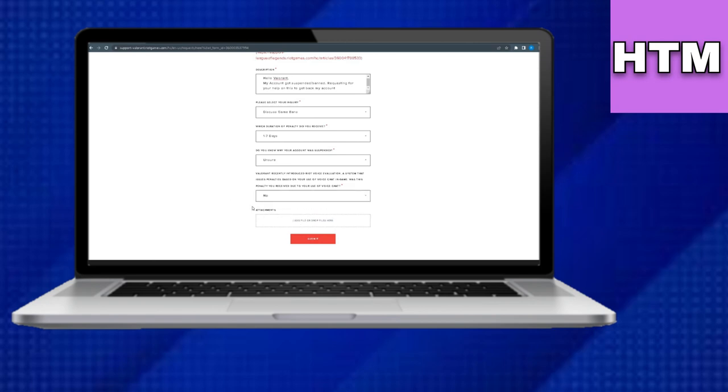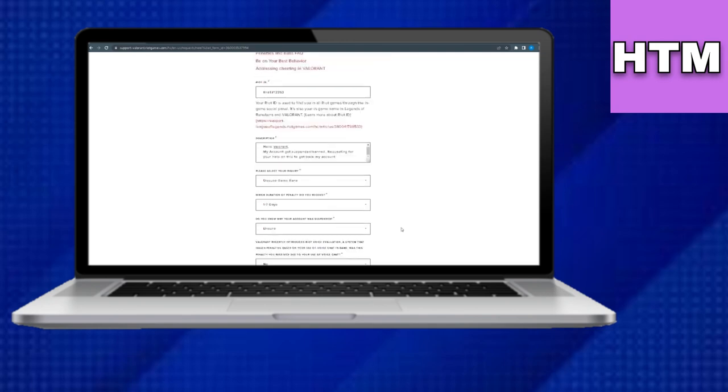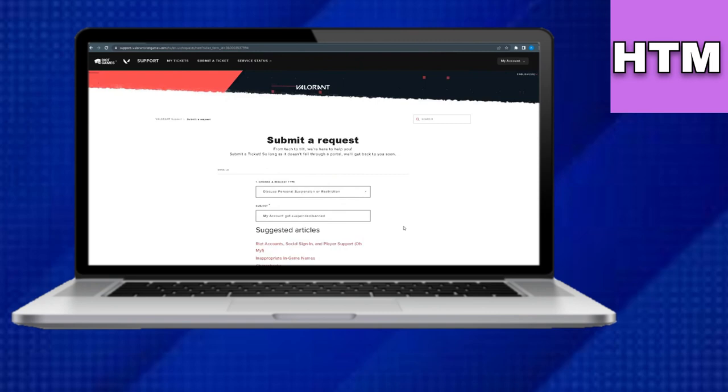Finally, click Submit to create a ticket for account recovery. Note that you can only recover your account if the suspension wasn't caused by your actions, such as using inappropriate